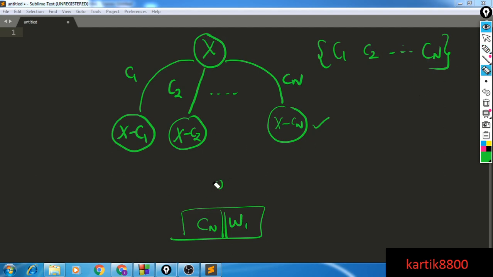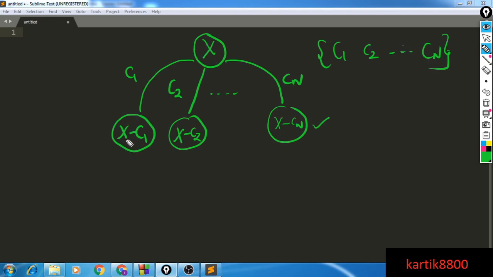Okay, so all you need to do is take the coin and try out all the possible coins as your first coin, and then find the number of ways to do this, number of ways to do this, and so on till the number of ways to do this. Add them all and that is going to be your answer.